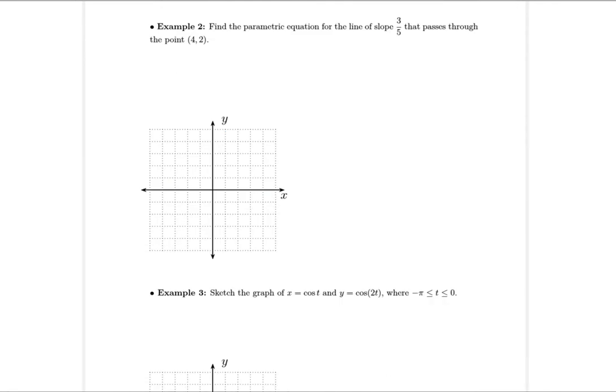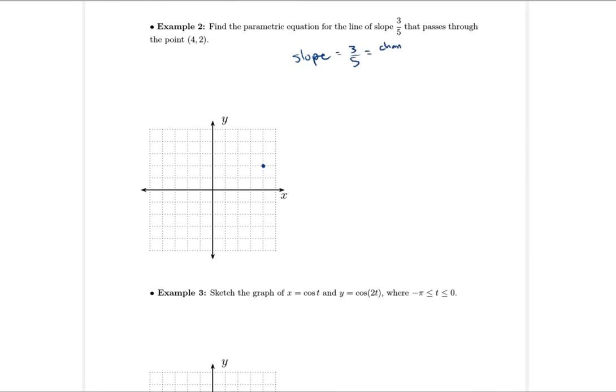All right, so then building upon that last idea we just talked about with the line, it says find the parametric equation for the line of slope 3/5 that passes through the point (4, 2). All right, so first of all, we can sketch this graph without creating our equation. So I can go to the point (4, 2), put a dot, and then if I have a slope of positive 3/5, that means that the sign of the change in y and the change in x are the same, right? So when I say slope is 3/5, just like we wrote on the last page, we understand that that's